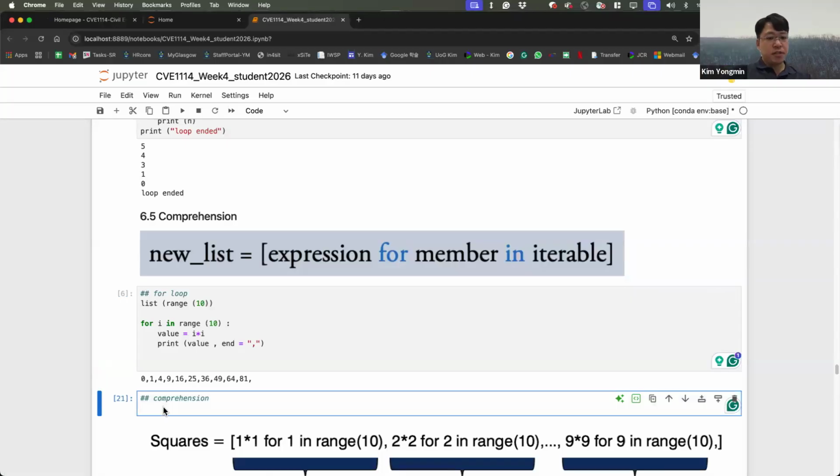In the comprehension, the squares equals, this is the list, i times i for i in range 10.